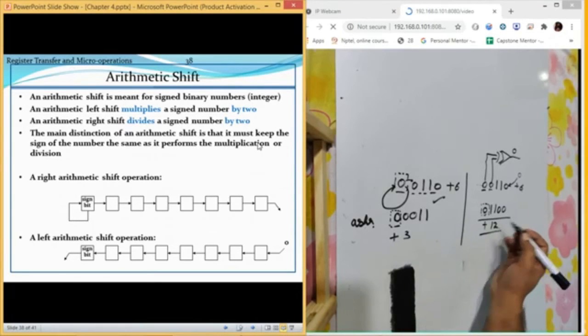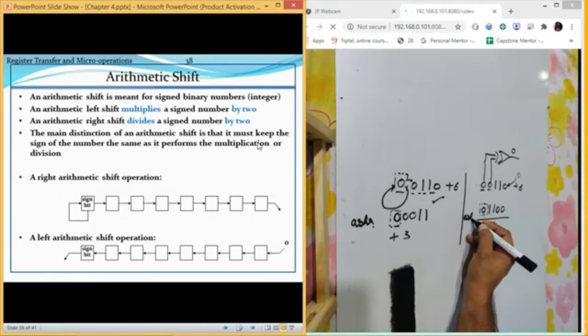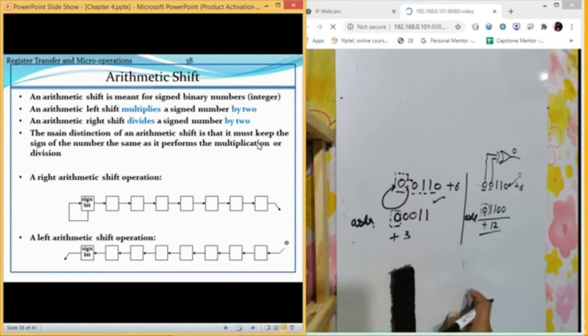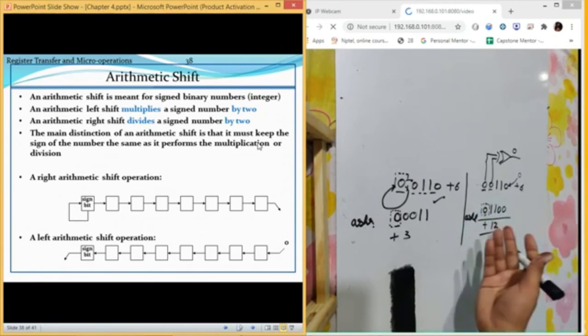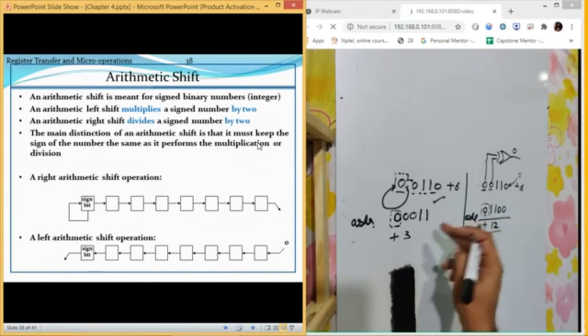That is how the operation of performing division and multiplication on a signed number becomes easy for your computer. If you want to divide by 2, it becomes very easy for your computer because it is simply a shift operation, and there are registers which can perform